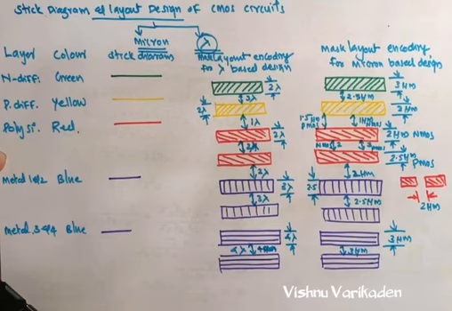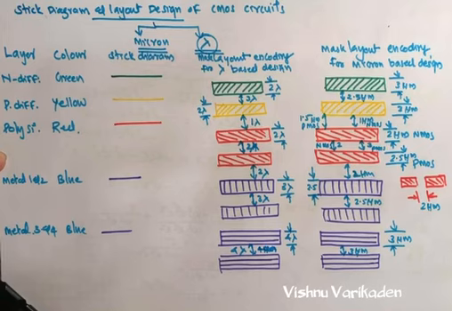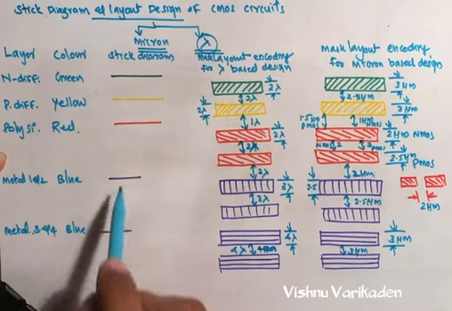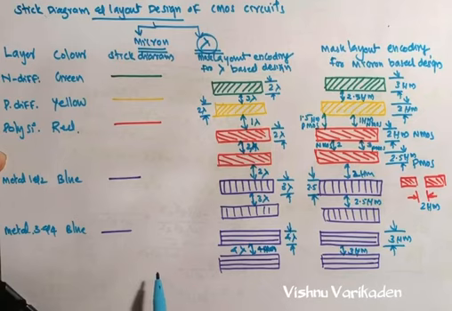So one more layer is here for the NMOS depletion layer and the NMOS enhancement, and also for the PMOS. So this one is for the stick diagram and the layout design of CMOS circuits. So the stick diagram is distinguished by different colors. One of the main parts is we need to remember the size and the